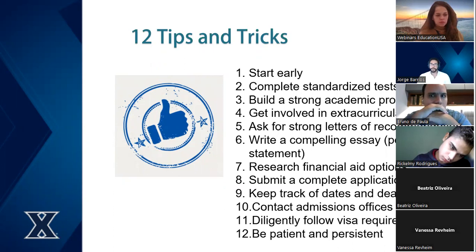You should begin your preparation early, ideally in your junior year of high school. A lot of students think that this is a process that should start in their last year, but in reality, the more prepared you are, the more informed you are, the earlier you started your research, the better for you. You will have enough time to do research about the universities you want to apply for, compare them,